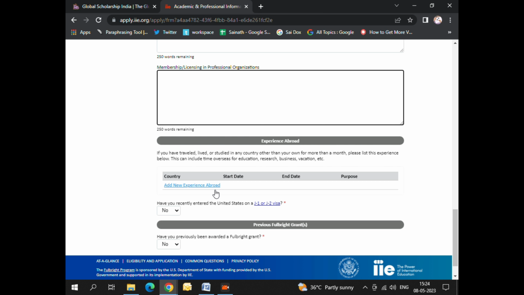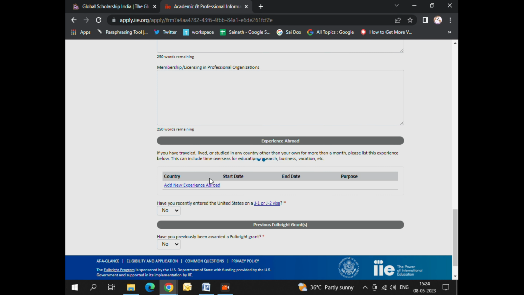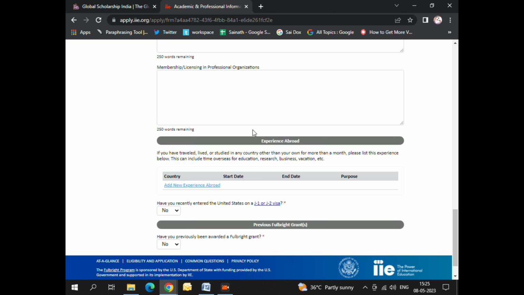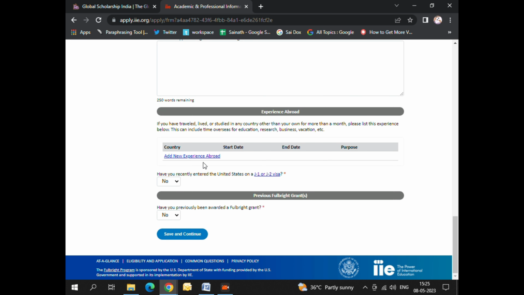And next you will find the experience abroad section. Here you have to add the new experience abroad. Here you have to mention the country. Here you have to choose the start date and end date, and you have to mention the purpose of travel, and here you have to mention the post, and then here you have to mention the post travel, and click on save. Come back to the page, and you have to choose yes or no